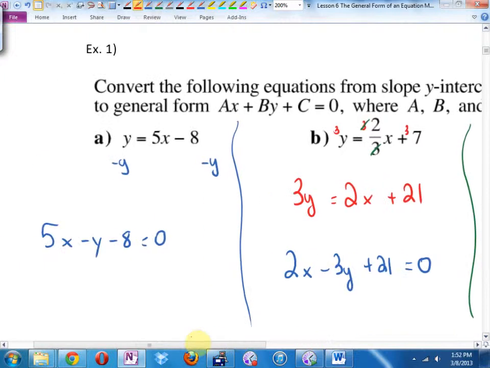So going back to here, or negative 2x plus 3y minus 21, that's also an answer. And the reason I'm saying that is when you do one of these, you may suddenly find, oh, I